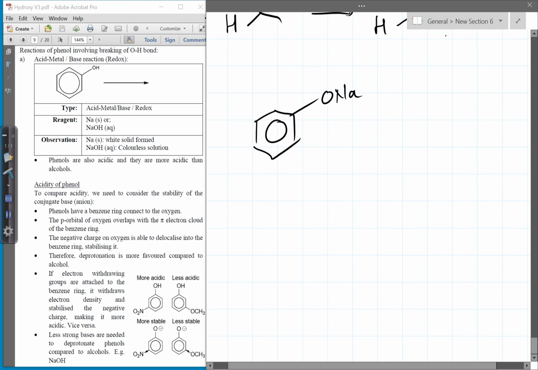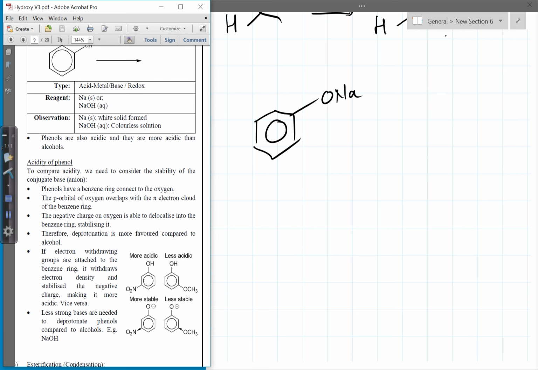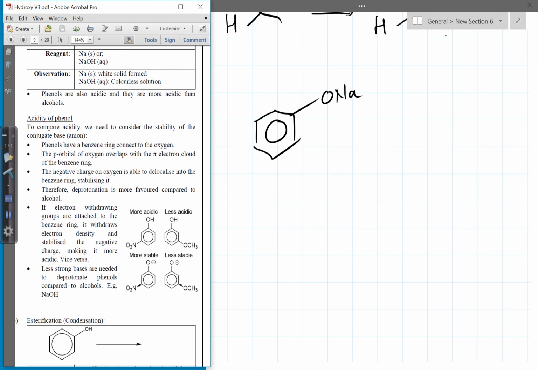And a lot of times scientists try to save time, they just write it as pH, right? They just abbreviate this with a pH. Stands for phenol, right? So for example, phenol, they will write PhOH, save time, right? But anyways, phenols are acidic, right? So again, to compare acidity, we need to consider the stability of the conjugate base, which